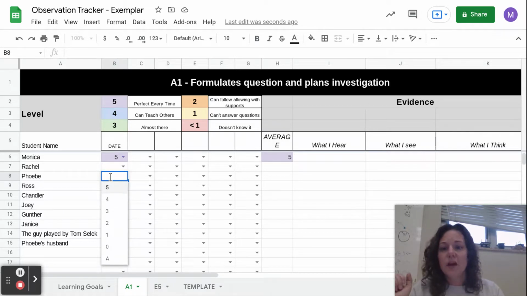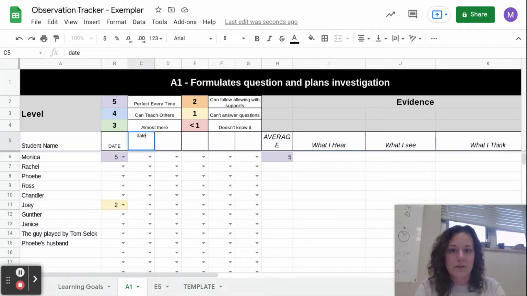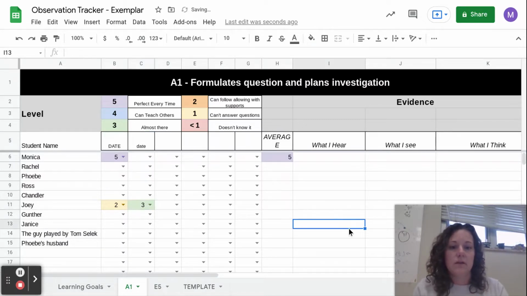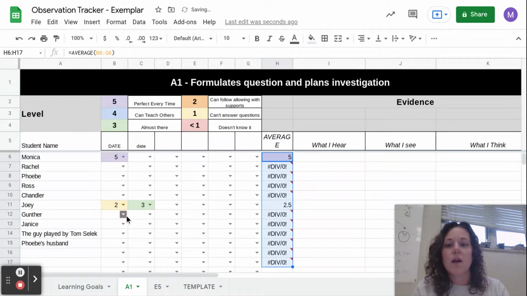So if I go and assess this again, I might put in another date here. And then maybe today Joey pulled up his socks and he's got a 3. So by doing that, oh, my average didn't calculate. That's okay. Drag that down. There we go. So by doing that, we can see that on average, you're observing Joey plan his experiments at